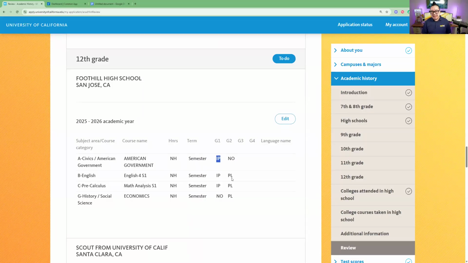If you say PL, you're planning to take that in the future as well. So as a reader, we don't question anything that you do. Everything you share on the app, we assume is true. Okay, so keep that in mind as well. One little note here: if you say you're planning to take this and you don't take it, you're officially lying